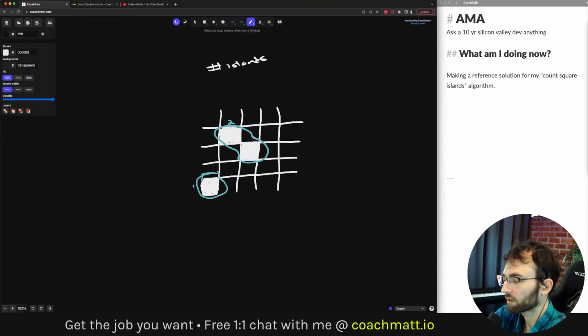So if we look at a more complex example with a few more cells, and we are trying to do our flood fill, so depth first search, it's a lot like Microsoft Paint, if you ever used that.